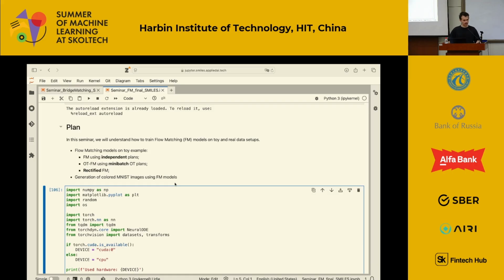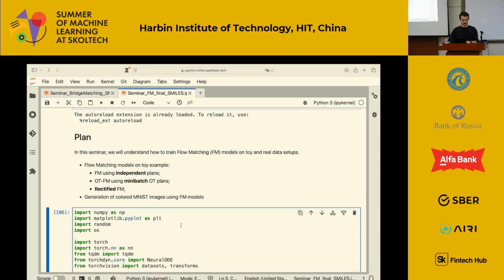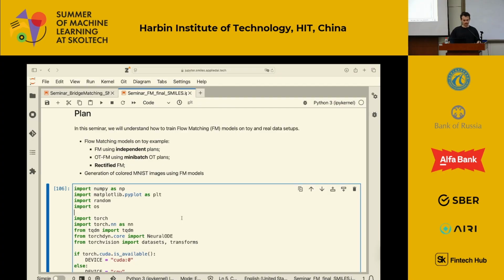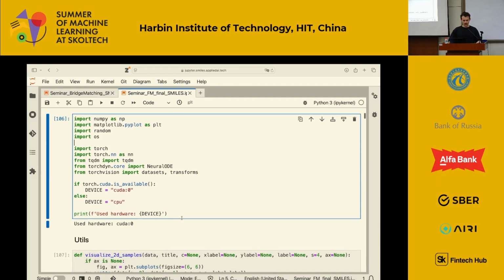Can you see it better? Or do I have to enhance it more? Okay,